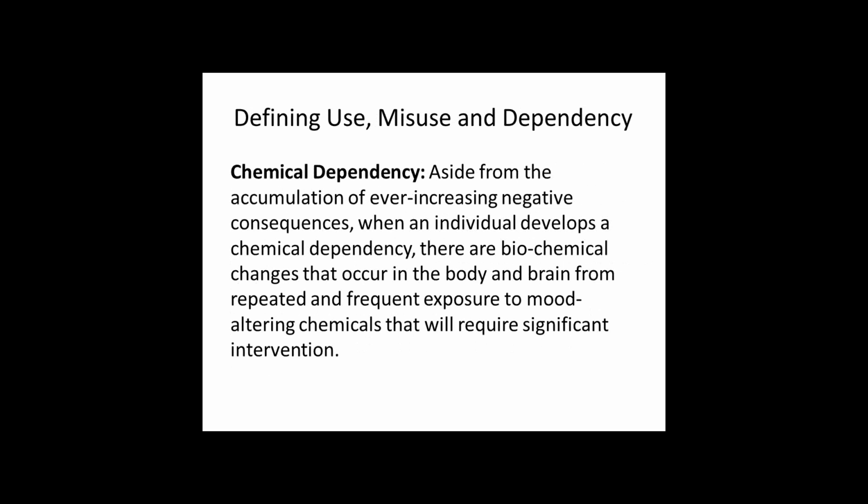The descent into dependency is very slow and gradual with drugs such as marijuana. But the descent into a chemical dependency can be extraordinarily rapid when you're talking about potent chemicals like heroin or crystal meth. These can cause some very significant biochemical changes within the first few uses. So